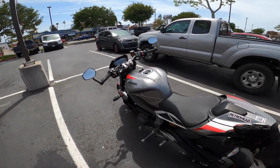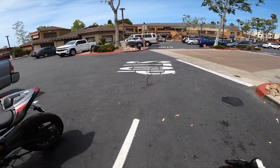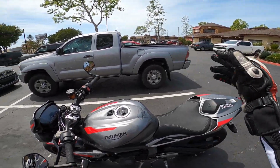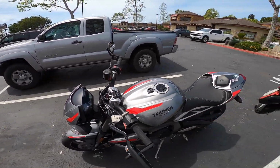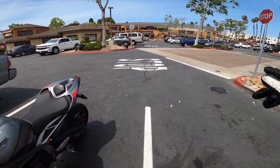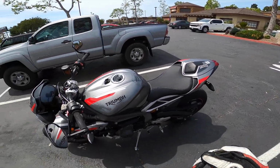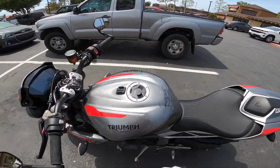On the street, the cars are going a lot faster, and so are you. If there's a situation where it gets a little bit hairy, chances of you getting hurt are a lot higher. So it's better that you take your motorcycle and practice for the first couple of weeks in a parking lot such as I am right now. Other than that, before you actually set off and go to the parking lots, make sure that you find an empty space and do a couple of circle drills like I did. So the first time you should do it clockwise, the second time you should do it counterclockwise, and practice that a couple of times per week, and that should help you how to turn the motorcycle,